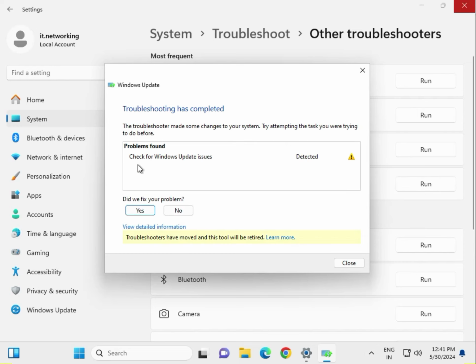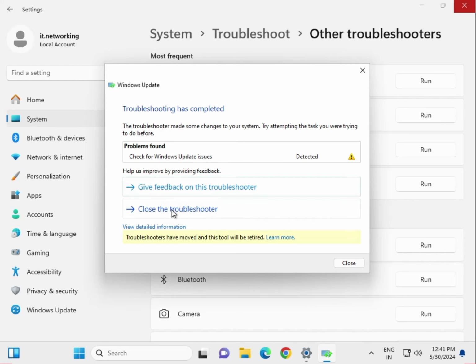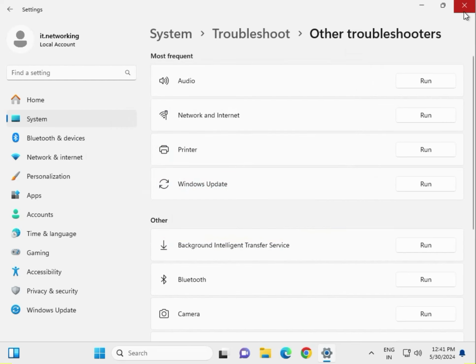It is coming like check the Windows Update issues, then select No, then close, then next. Click again Start. Second solution, click to Run,